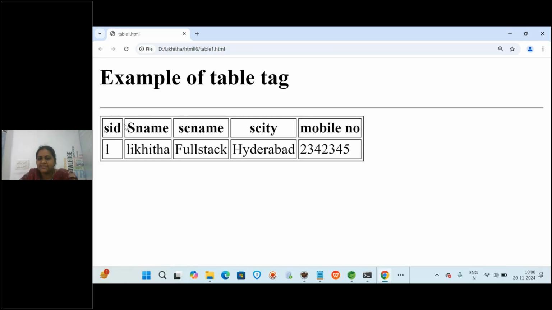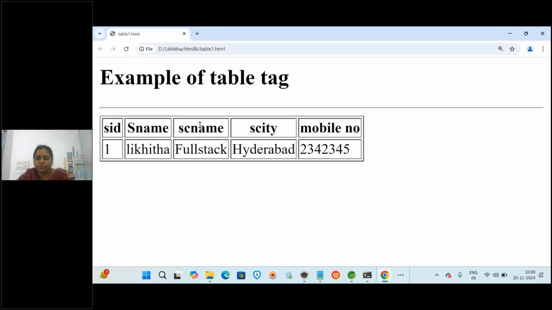Cell padding means this is one complete cell. Yes or no? How much space you want between this text and each and every border of it. Understood? Spacing means this gap between cells. Padding means between the text and the border. How much space you want inside the cell, that is cell padding.